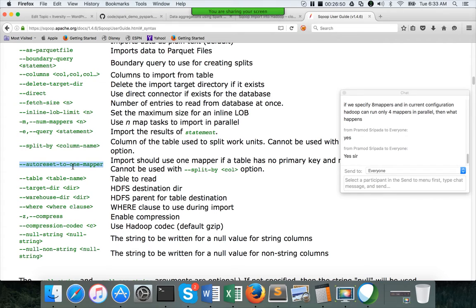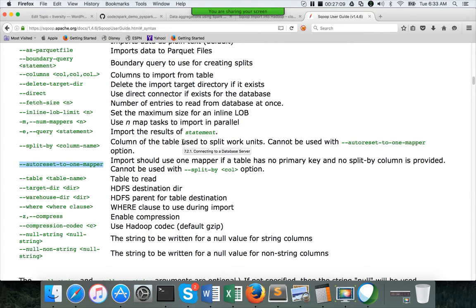In case you don't have a primary key, and you want to use, as part of your data integration framework, a common number of mappers for each and every table, but there are some tables which do not have primary keys, you can say auto reset to one mapper. So wherever a table does not have a primary key, it will try to use only one thread. And if you see here, it cannot be used with split by.